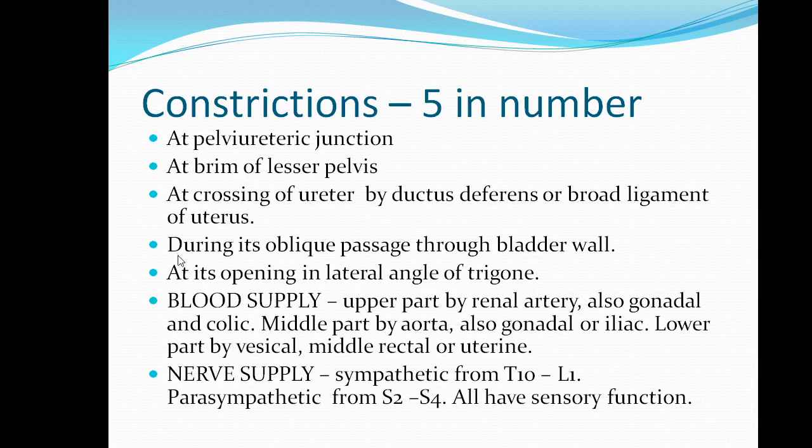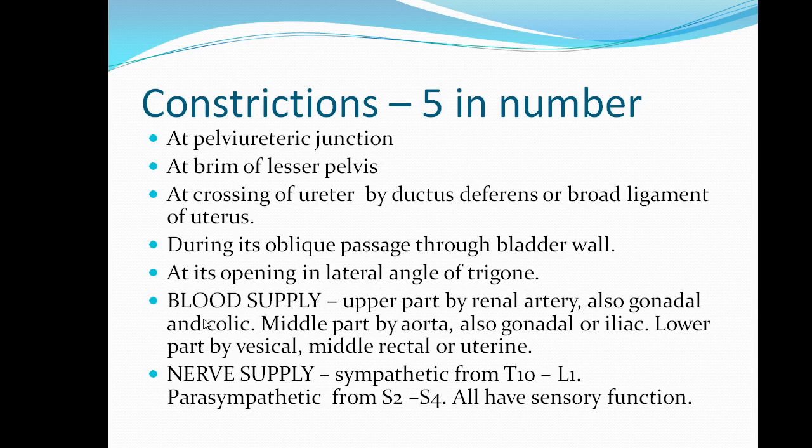Number four, at its oblique passage through the wall of the urinary bladder. And fifth is the opening in the lateral angle of the trigone. So these are the sites where a ureteric stone may get held up, leading to renal colic and obstructive